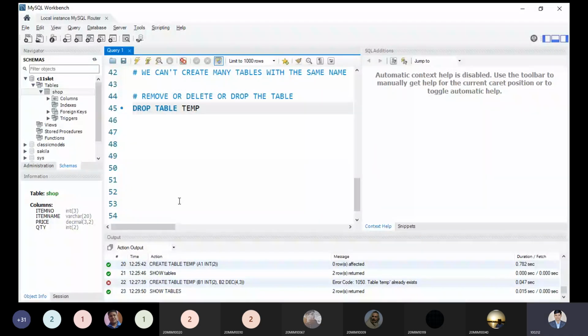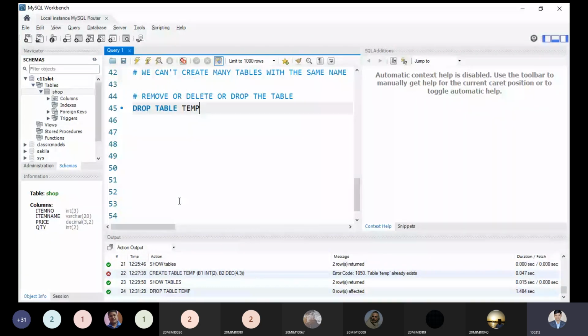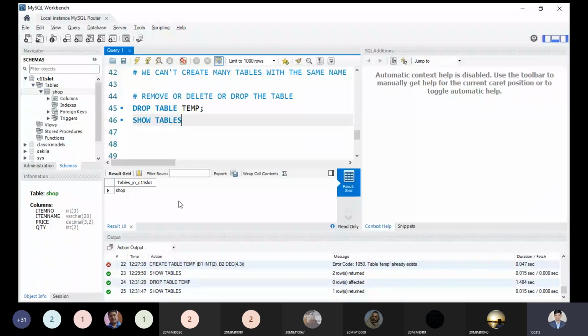Should we remove this table? Let us execute this right now and see. Yes. Now it is deleted. After deleting, you will be able to see it if I show your tables. Okay, and let me do the syntax right and execute this. Yes. Now in our database, the table is totally deleted. So this is the thing we have to keep in mind. Okay.